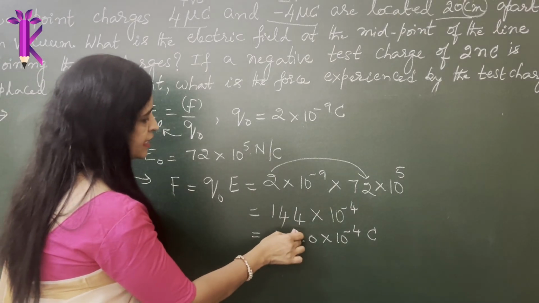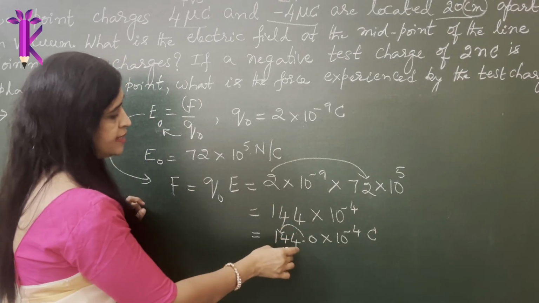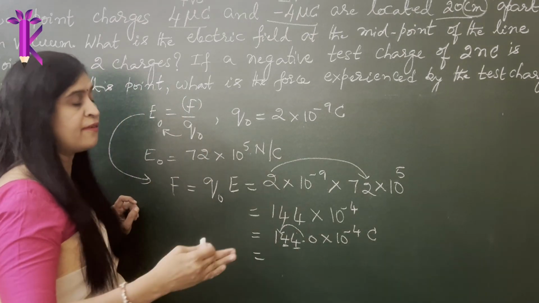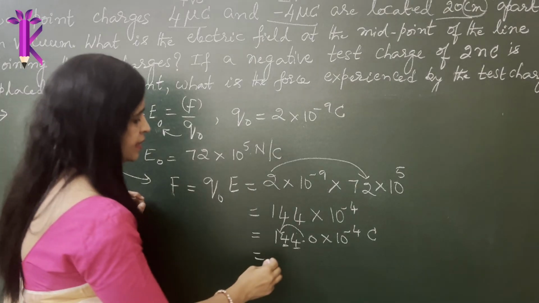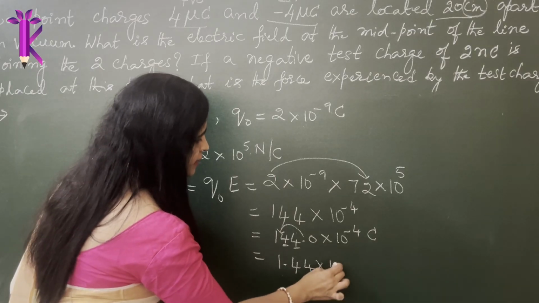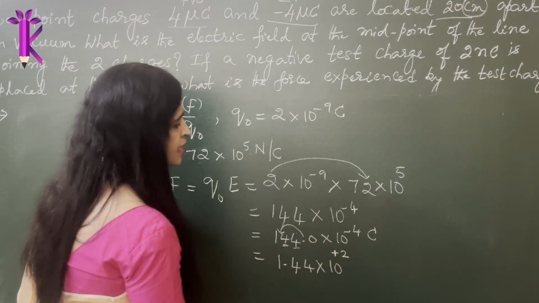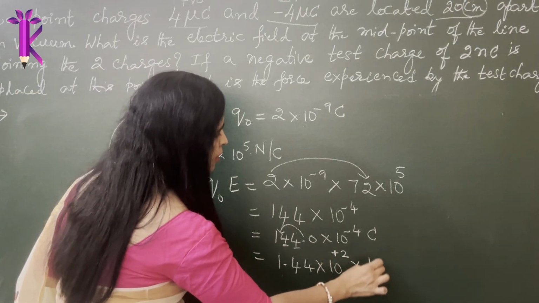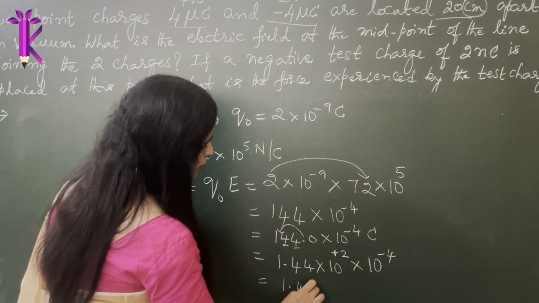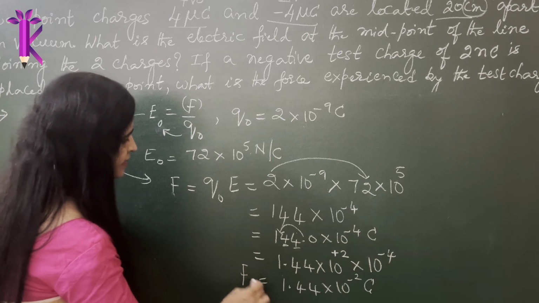Now I want to shift it to single decimal because that is how usually all the numericals are given in entrance, and you are expected to write the same way. So we are shifting 2 decimal places to the left. What happens to the power? The power increases by 2 numbers, right? Now therefore it can be written as 1.44 into 10 to the power of, it increases means plus. How much will it increase? By plus 2, because you are shifting 2 decimal places to the left, which is the thumb rule, right? To the power minus 4 plus 2, minus 4 is again minus 2. So 1.44 into 10 power minus 2 Coulomb is the right answer.